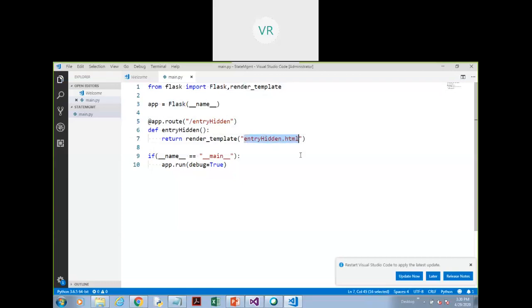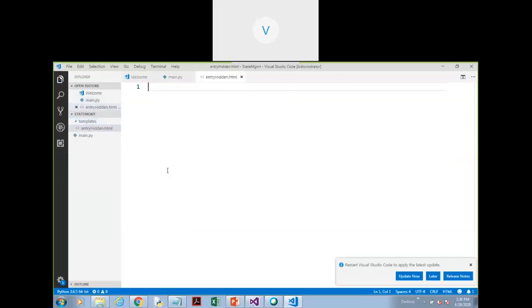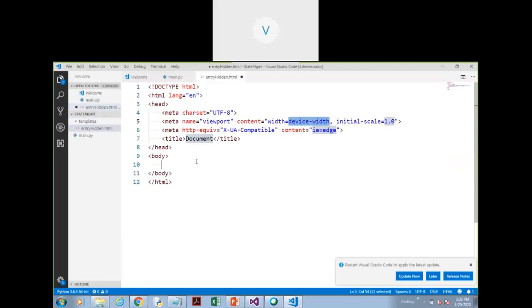So here I'm going to create this file that is entry hidden. So first I need to create a folder that is a templates folder, and inside that folder we will create this file. So first we are asking the user to enter the first name.